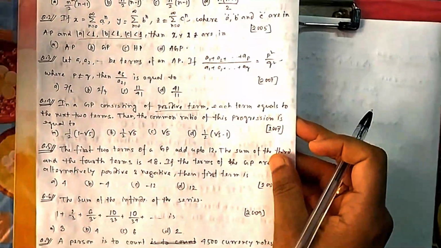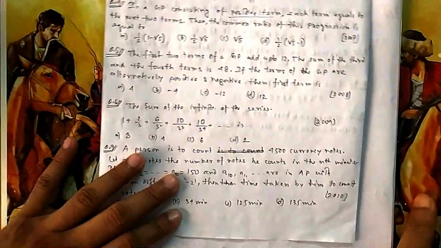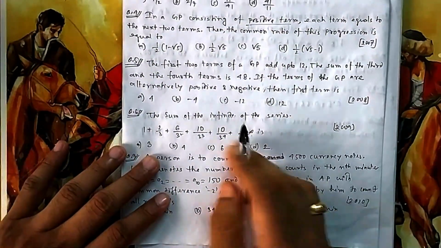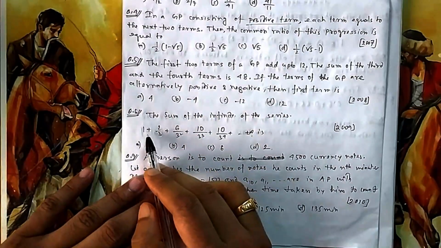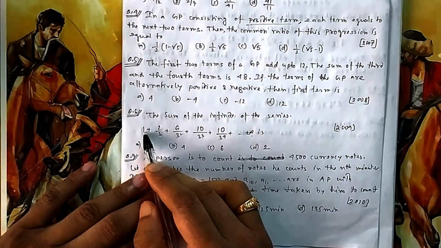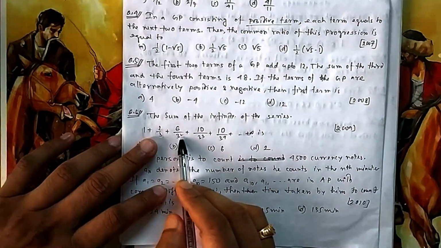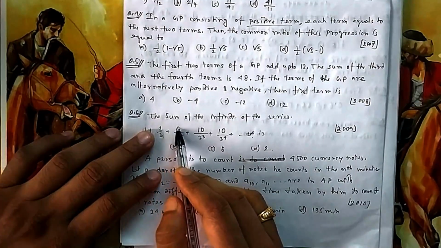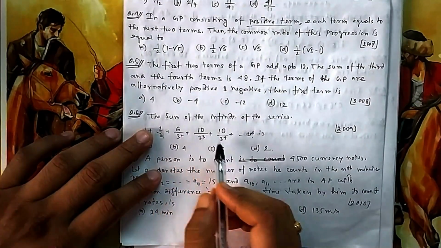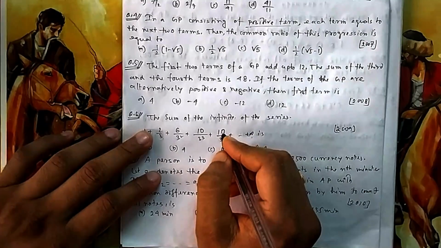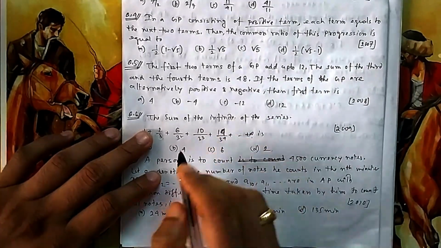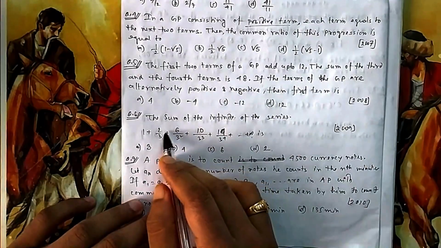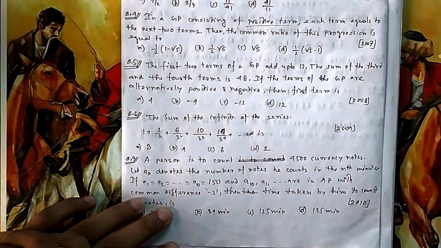Now if you come to question number 6, the sum of this infinite series, sum up to infinity, they have not given infinity but in the statement they have written. So if you see the series, if you see 3 square, 3 cube, that means it is something of GP. If you see the numerator 2, then 4, then 4, and it should be 16, actually 14. So 2, 4, then 4, then 4. So it is mixed, with the upper one AP and the lower one GP, which is AGP.